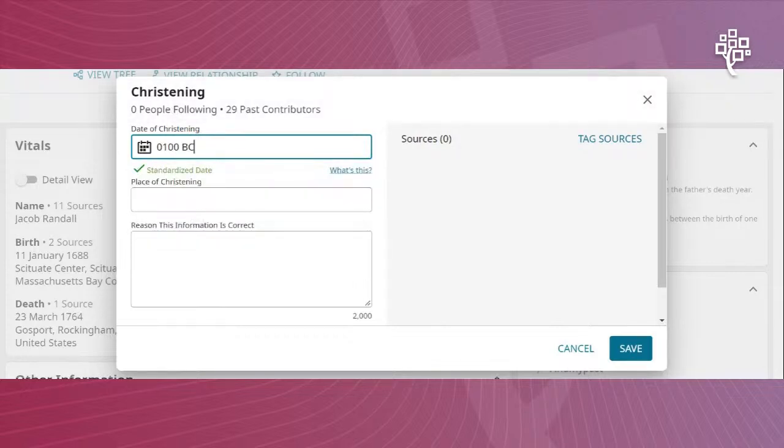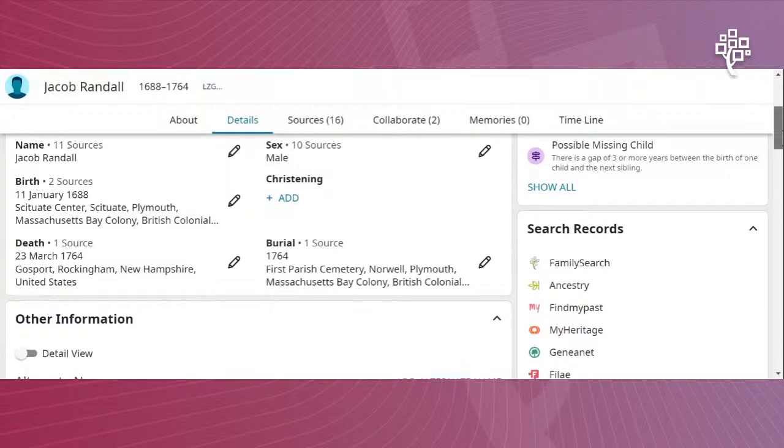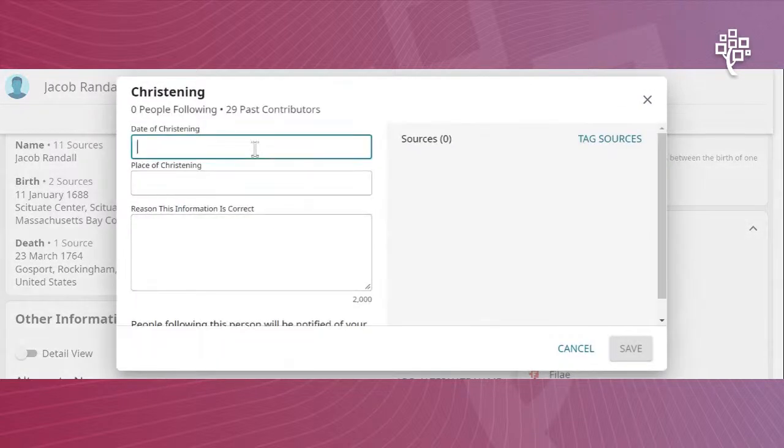So whatever you choose to use, and again, only if you have really, really old ancestors, you can use this. Most of us will never get this far, but it's just nice to know. It's just a curiosity that the system is prepared for this. And let me show you another thing. When you add a date, for example,